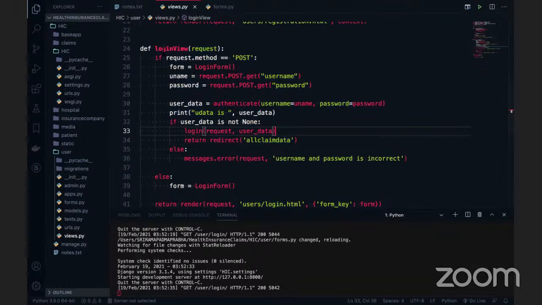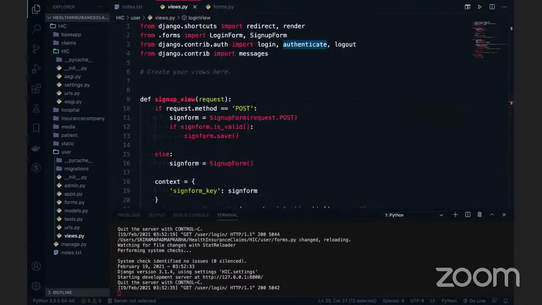So what is the login view? You have to use request as the first object, and it is a function based view. If request.method is equal to POST, then you create an object for this form, equal to LoginForm, and you can get the username and password from the database, and we can authenticate those data. There is an authenticate function which is there in the